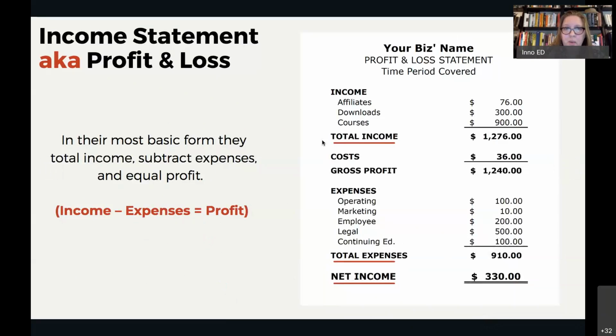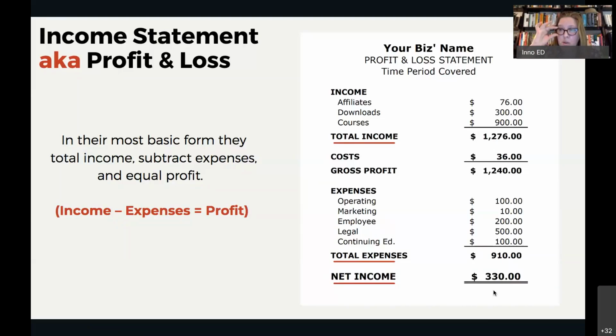So the basic way that an income statement is set up is you are looking at whatever period you've set it up for, a month, a quarter, a year, how much money came into the business. Then you're going to look at how much money the business had to spend on expenses, all of the expenses, and then you're just going to subtract it. And then you're going to see what's left. Hopefully it's positive, because then you will have net profit.